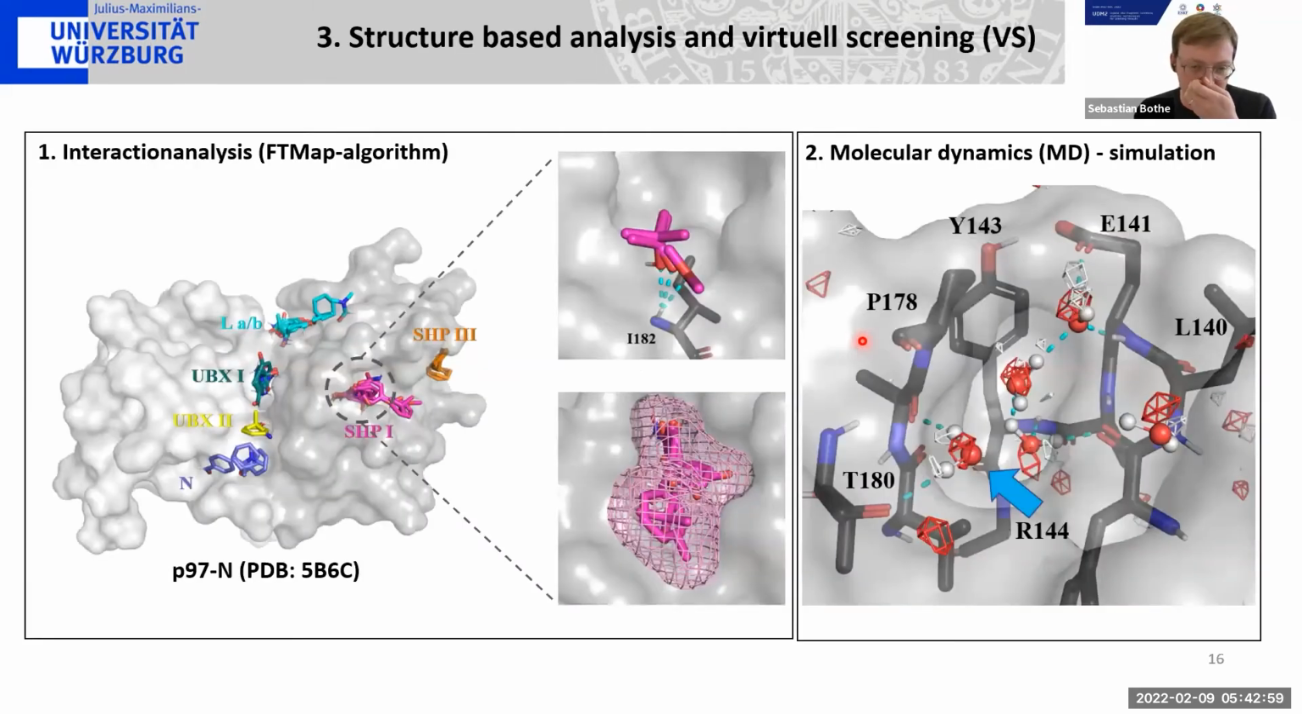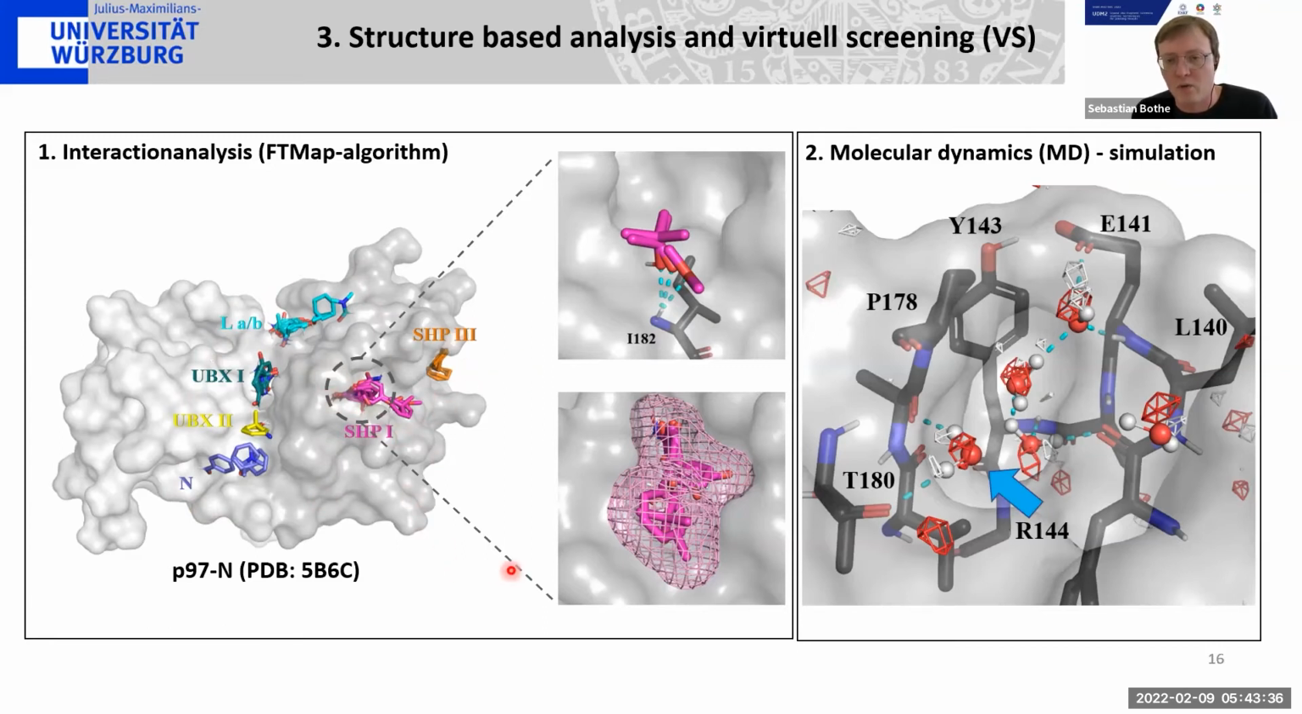When I started my PhD, we first made an in silico approach. So far, there are no complex structures in the PDB that show a small molecule or fragment with the N domain of P97. So we started with the apo structures or complex structures of known cofactors and ran first grid-based and also docking approaches to identify suitable binding sites where fragments could bind. For example, with the FT-map algorithm, we could also reproduce that the UBXL and the SHP binding site is